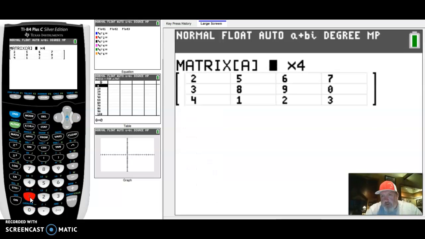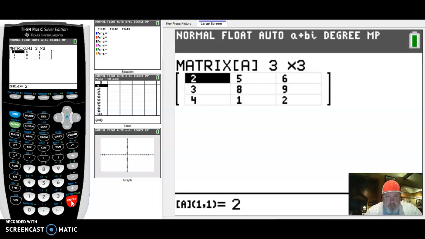Alright, and from the notes the other day, you probably don't have that in front of you, you might. The matrix that we were looking at was a 3 by 3. So I'll just type in 3, enter, 3. So we want a 3 by 3 matrix. And the numbers in that matrix were 1,